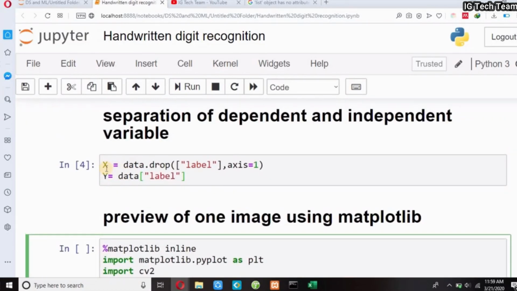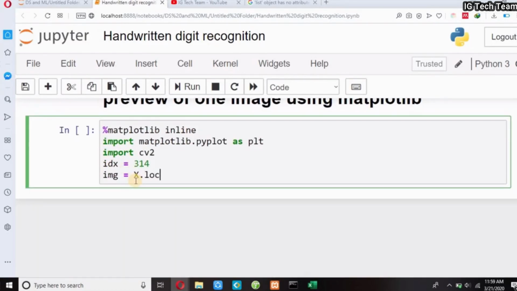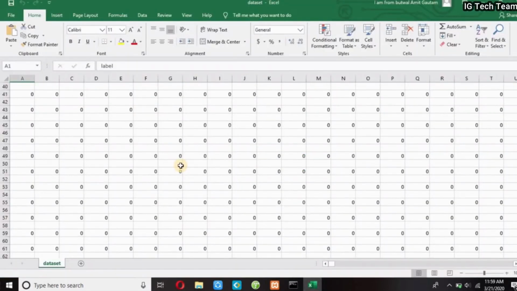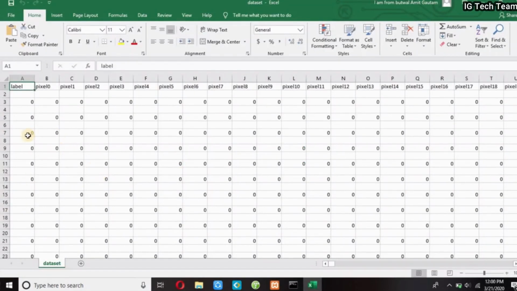Yox means this yox dot loc. I have to pass index value dot values. Also I have to reshape it into 28 by 28 pixel. I will get one row in my latest line of code, reshape it into 28 by 28 pixel.